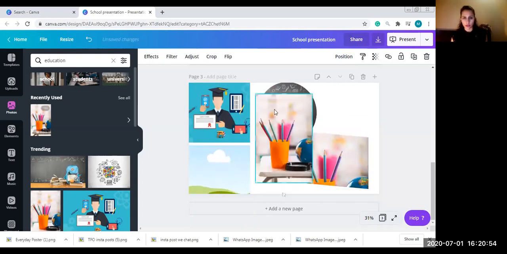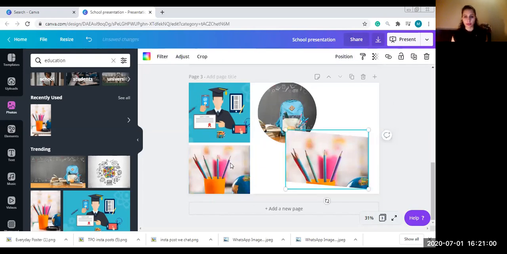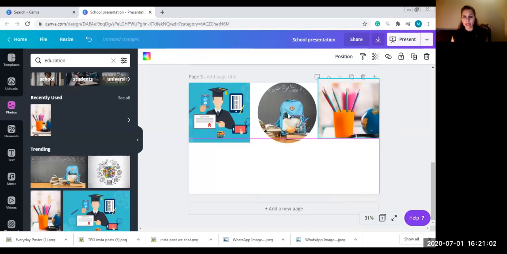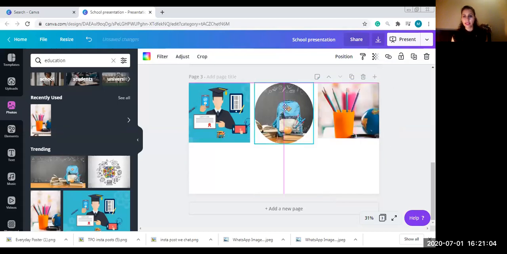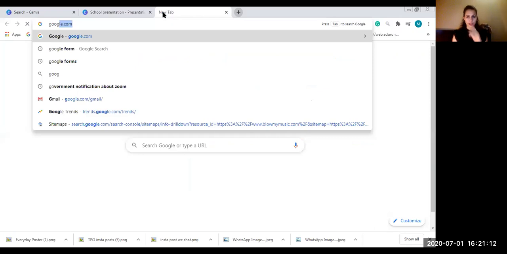So I'll try. How does it look? Does it look any better in this? Or maybe I like it a little more in this, so I can delete it, right? I can delete the whole frame completely. So in my presentation, these images are easily available for us in Canva itself, or of course, we can always go to google.com,